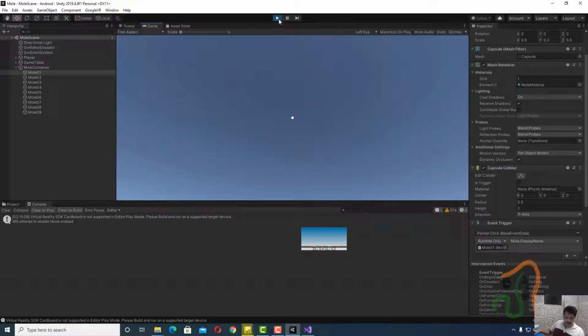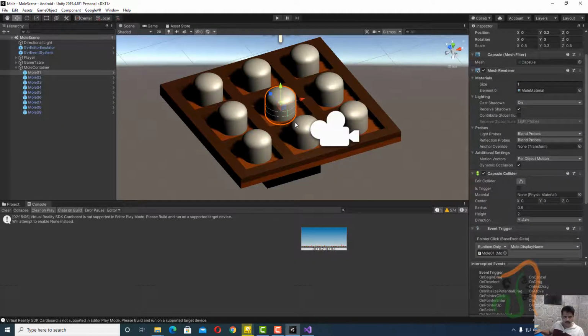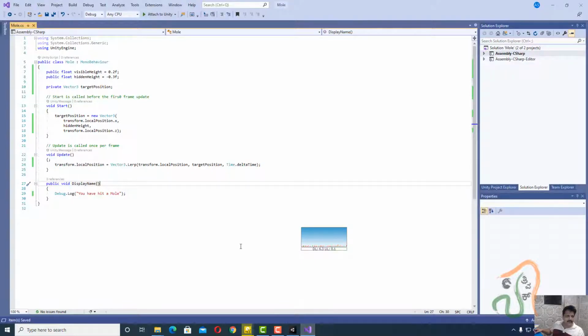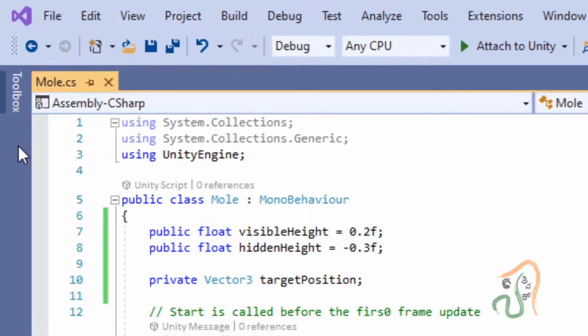Now stop this playback. However, we want this mole going down to move at a faster speed. So to make it move at a faster speed, now come back here to the script, and in the script we are now going to declare a new variable for speed.